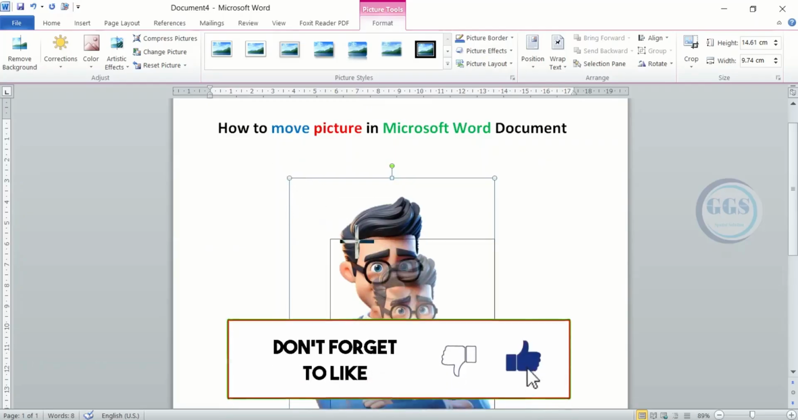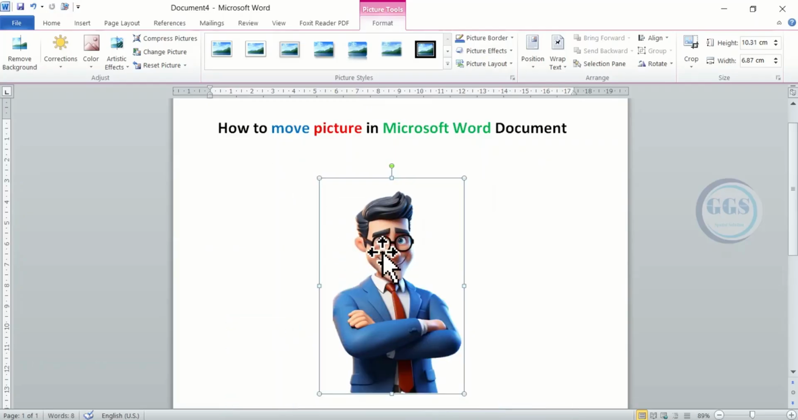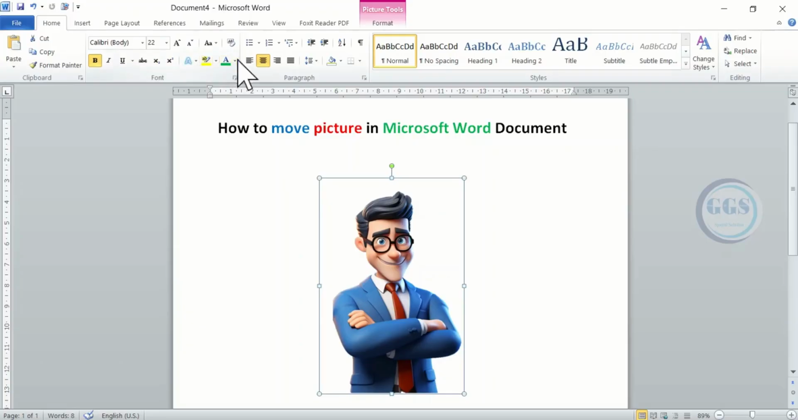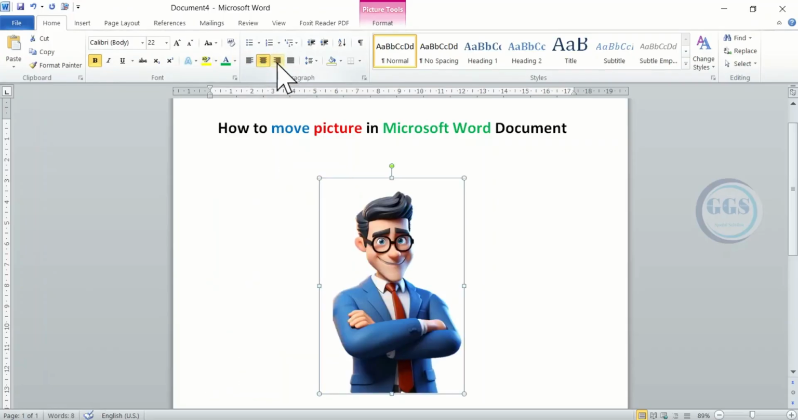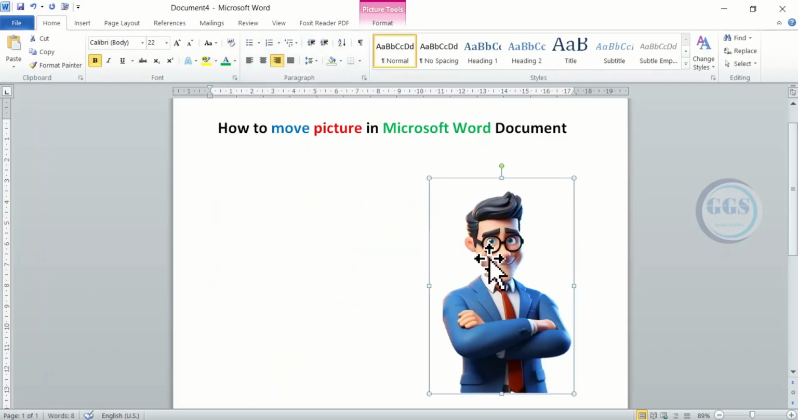Then click and drag to adjust the size of the picture. Now, as it is, what you can do, if you come back to Home, you can move it to the left, you can move it to the center, and you can move it to the right. However, if you click on it to drag it, you can see that it's not moving freely, which means you